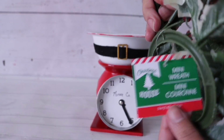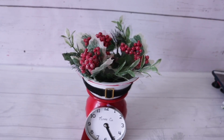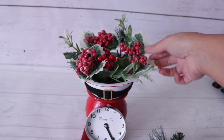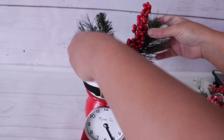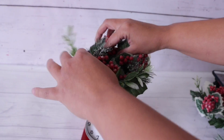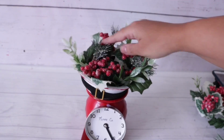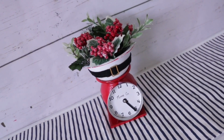You can fill the top with whatever you want. I found these mini wreaths at Dollar Tree and they fit perfectly, but you can also do the little picks that Dollar Tree sells as well, or just fill it with ornaments. It's up to you and whatever matches your decor. You can even add fake fruit. Like I said, up to you. So I decided to stick with the wreath, and I think it looks super duper cute and gives the scale